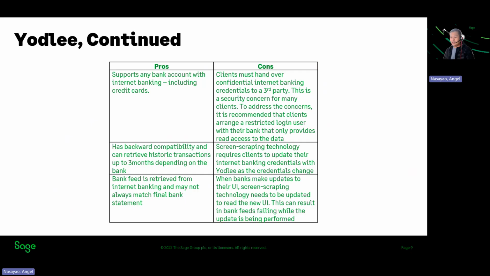Presenting here as well the pros and cons of using Yodlee. First, the benefit is that it supports any bank account with internet banking, including credit cards. This is like the workaround that you can actually use, especially for banks or credit cards in Australia. If it's not supported by SIS, then you can definitely go to Yodlee in order to establish the connection